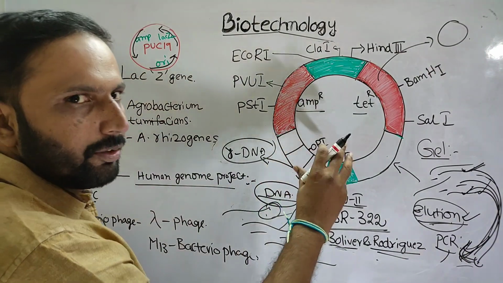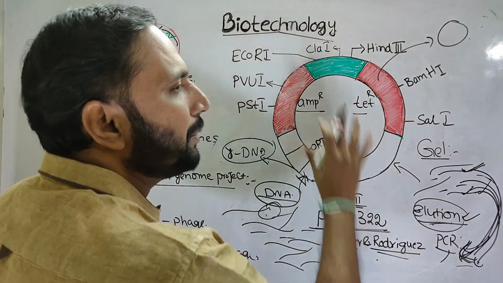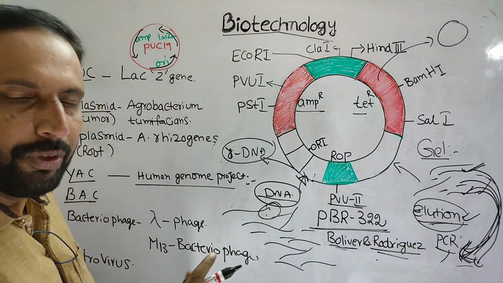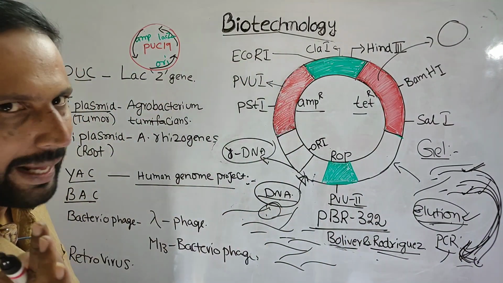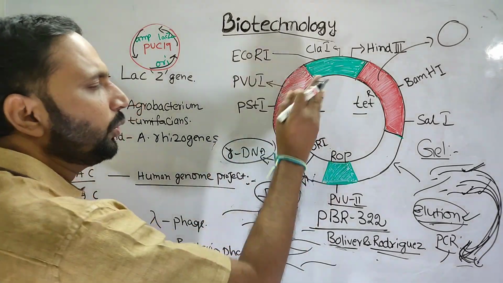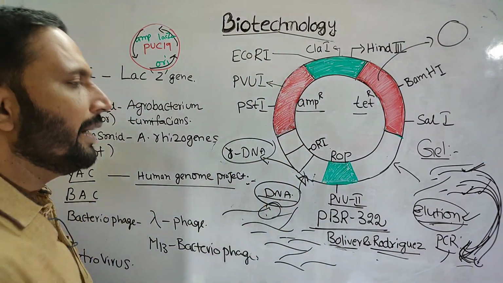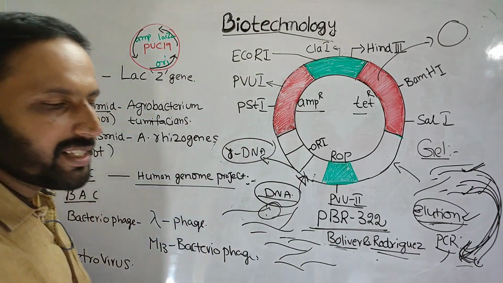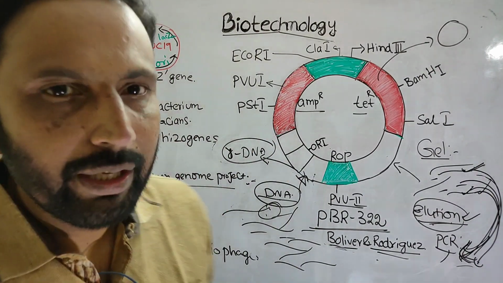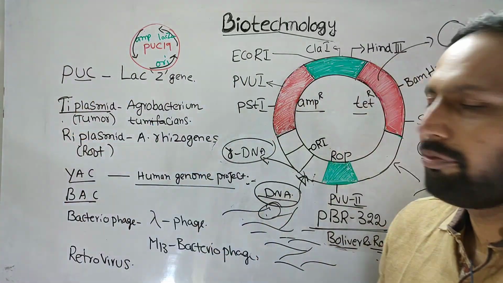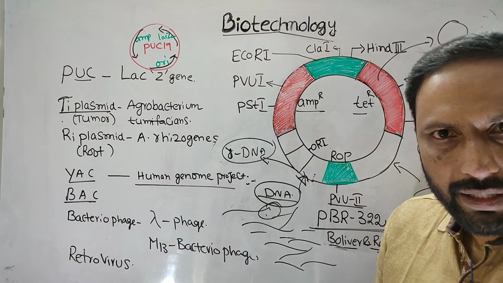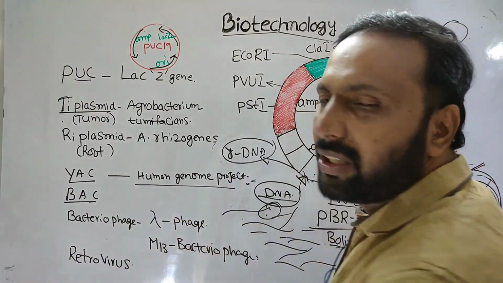I explained pBR322 clearly, including how to remember it, in my video, so you can watch it. Anyway, pBR322 is one artificial plasmid. Another one is pUC, Plasmid University of California. Then another plasmid is the Ti plasmid, which induces tumors.